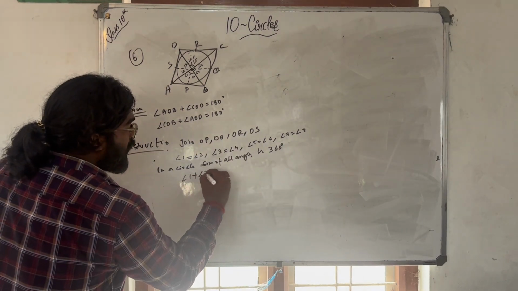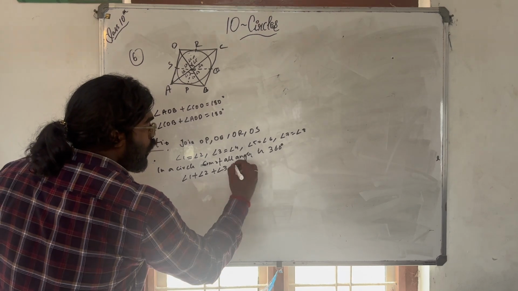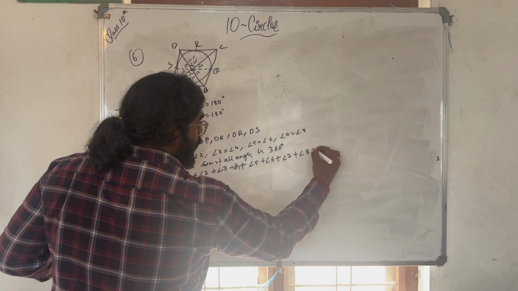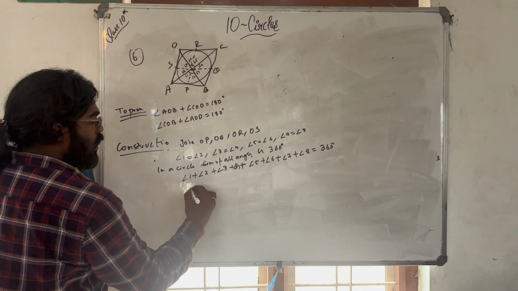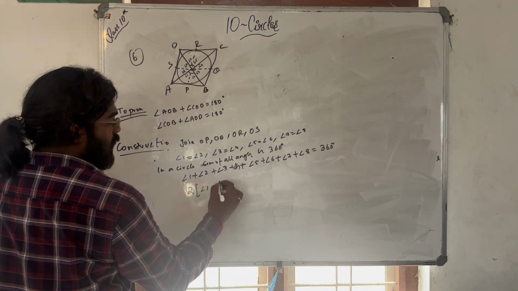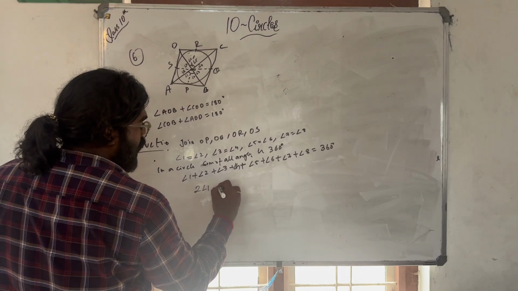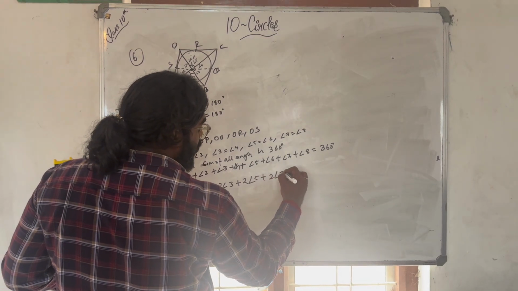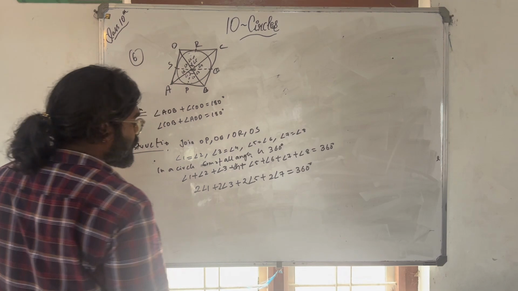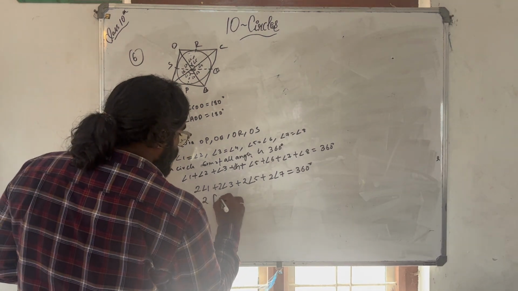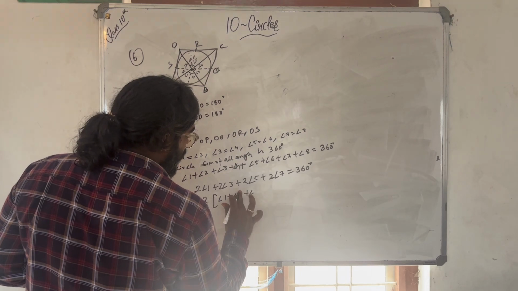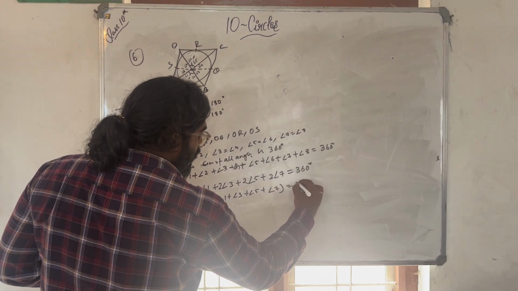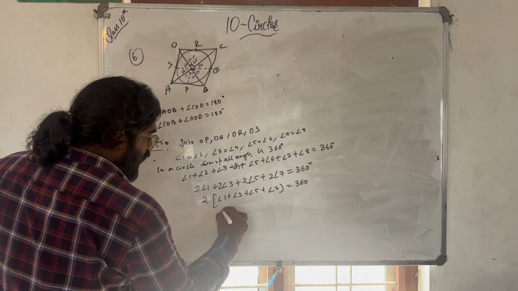So I can write angle 1 plus angle 2 plus angle 3 plus angle 4 plus angle 5 plus angle 6, 7 और एंगल 8 है 360 डिग्री। तो ये होगा 2 टाइम्स एंगल 1 लिख सकता हूँ मैं, राइट। 2 टाइम्स एंगल 1 प्लस 2 टाइम्स एंगल 3 प्लस 2 टाइम्स एंगल 5 प्लस 2 टाइम्स एंगल 7 इज इक्वल टू 360 डिग्री, राइट। 2 को कॉमन लेता हूँ मैं, तो एंगल 1 प्लस एंगल 2 प्लस एंगल 3 प्लस एंगल 5 प्लस एंगल 7, ये सब कुछ मिला के मुझे 360 आएगा। ये 2 उधर जाएगा, सो आई कैन राइट एंगल 1 प्लस 3